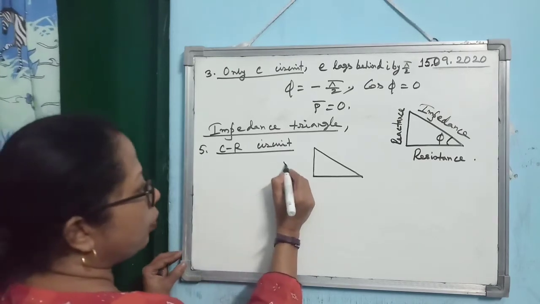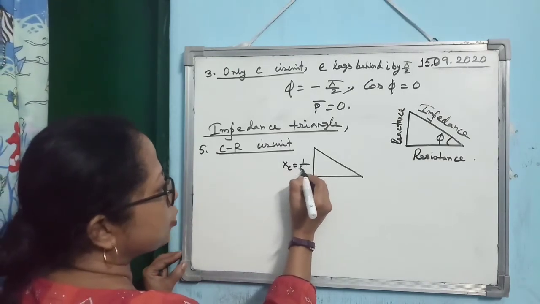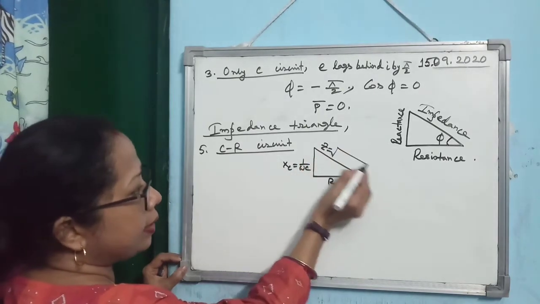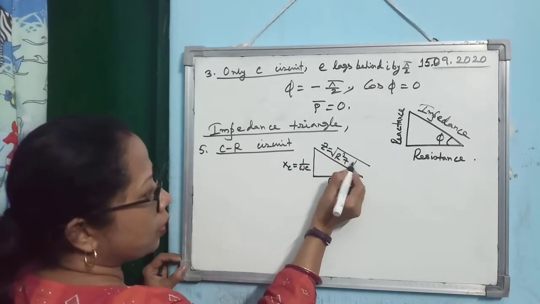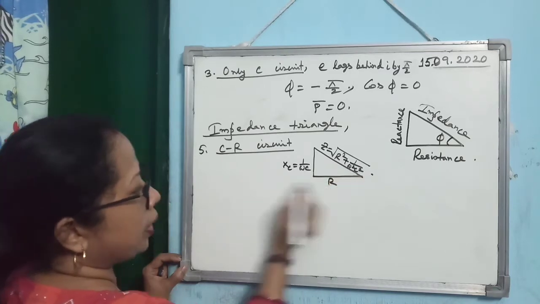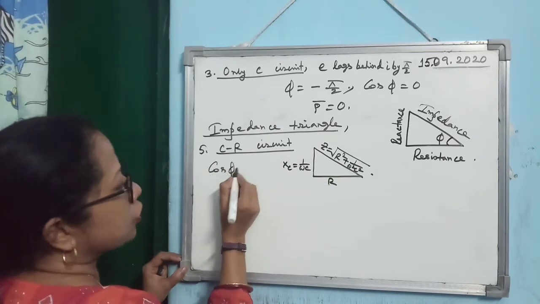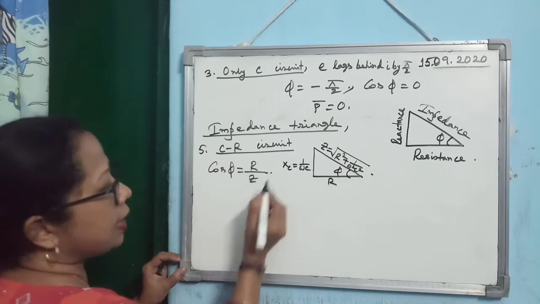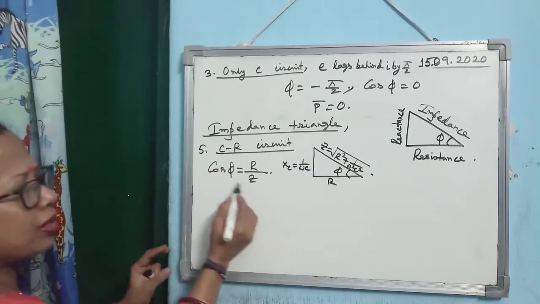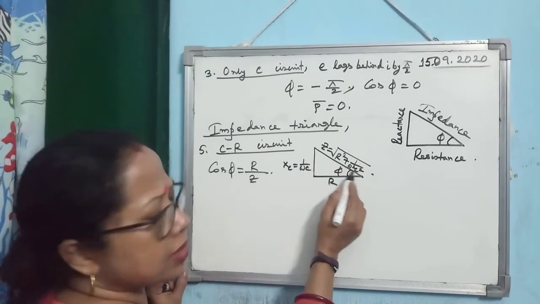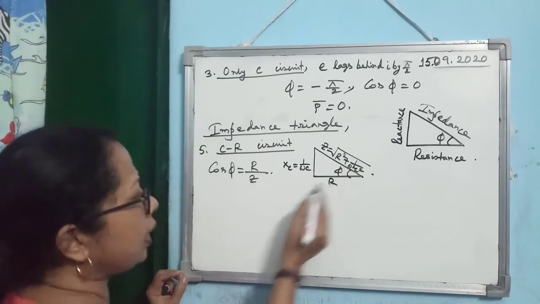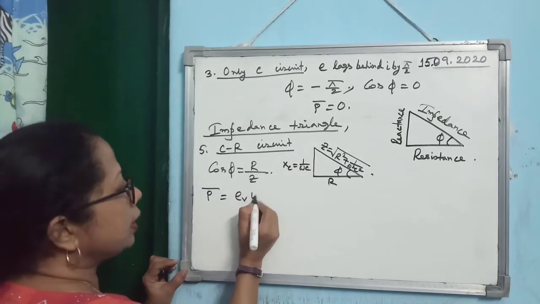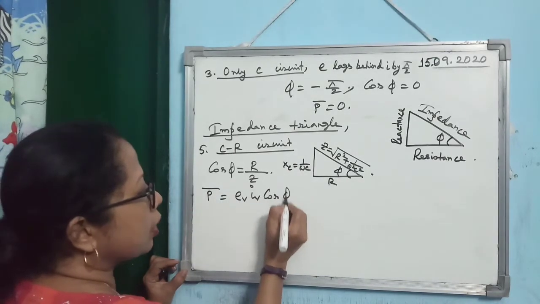For the RC circuit, you know what is the reactance? XC is 1 upon omega C. Base is resistance, and how much is Z? It is the square root of R square plus 1 upon omega square C square. So you see, what will be cos phi? This is phi. So what will be cos phi? Cos phi is again R by Z. I am not writing the substituted Z because it is already written in the diagram. So you will substitute Z. And what will be the average power? It will be EV/IV cos phi.